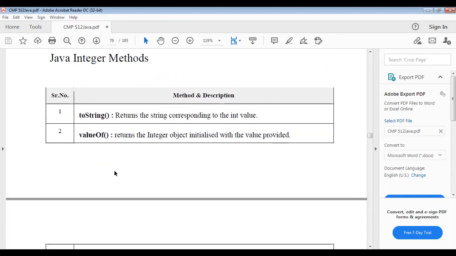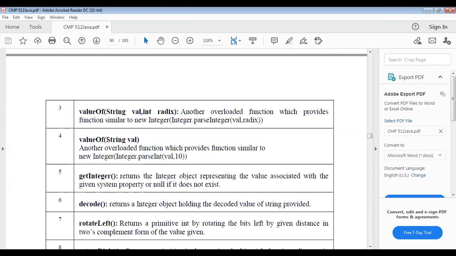There are also different types of methods presented, such as toString, valueOf, as well as valueOf(String value, int radix), which is another overloaded function that provides functionality similar to new Integer, that is Integer.parseInt with a radix. valueOf(String value) is just like that.